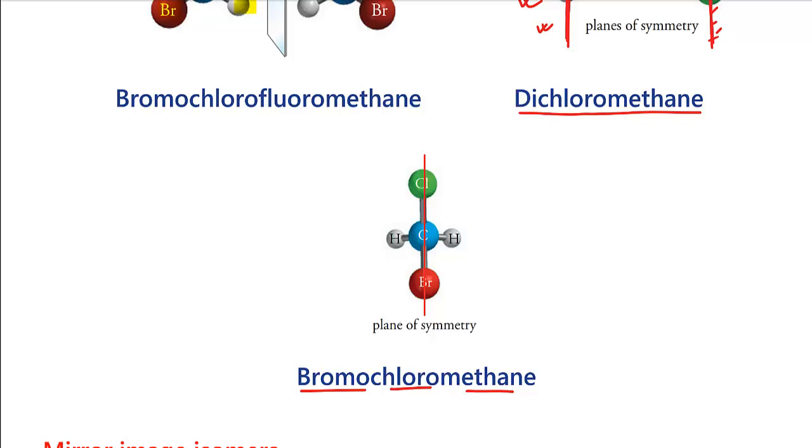You can also find the same thing by looking at the carbon atom and the groups attached to the carbon, whether they are all the same or different. For example, in this case, the 4 groups attached are not the same. This hydrogen and this hydrogen atom are basically the same. I am looking for 4 different groups. So 4 different groups are not there. So that's why this is an achiral molecule.